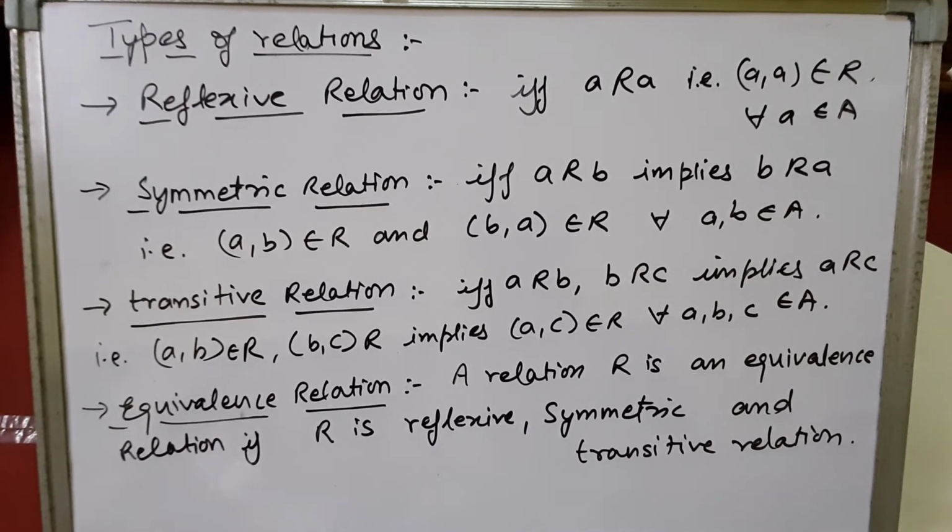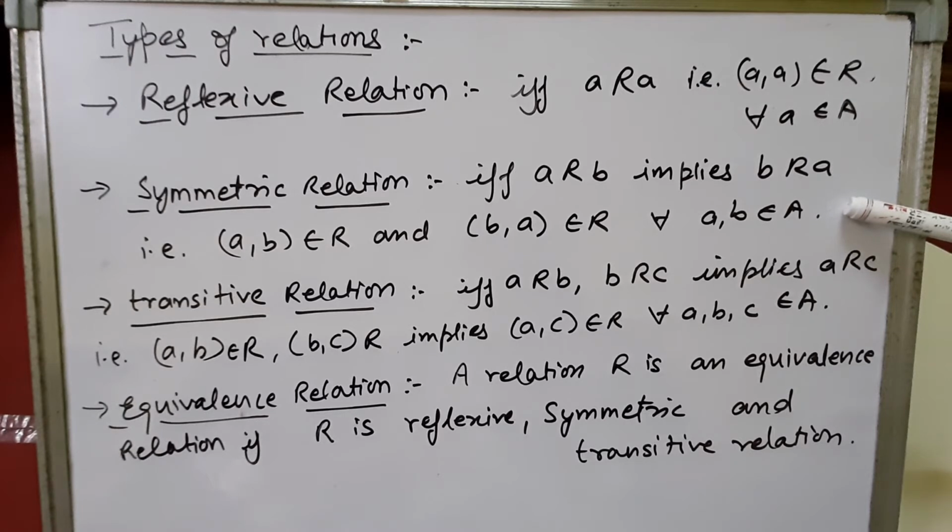Let's see a few more types of relation, children. First is reflexive relation. In a set A, suppose it has an element a, and (a, a) belongs to the ordered pairs A cross A. If (a, a) belongs to the relation R for all a belonging to set A, then the relation will be called a reflexive relation. We'll discuss the example afterwards. Let's understand the definition only. Suppose there is element 1 in set A and the relation contains (1,1). Then R will be called a reflexive relation.